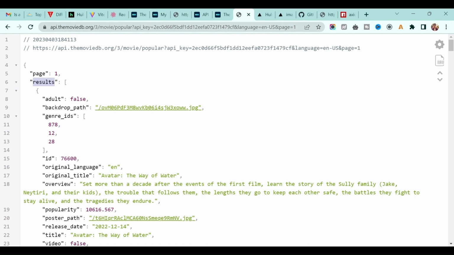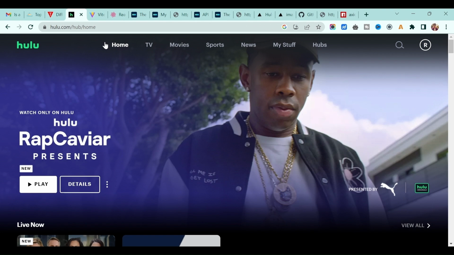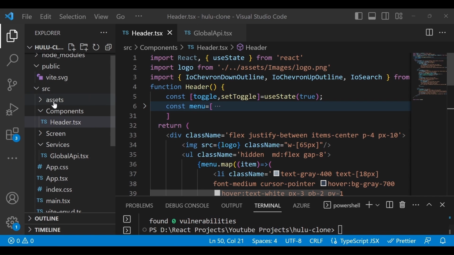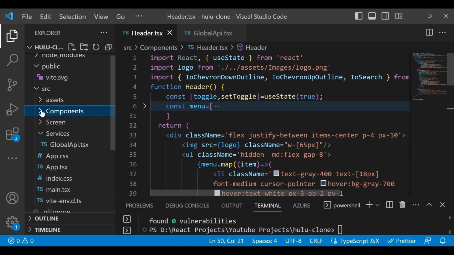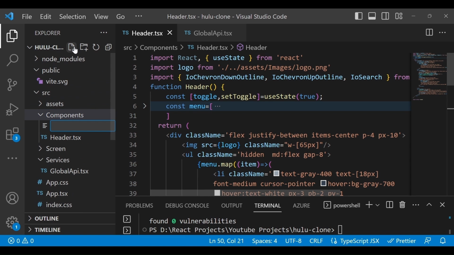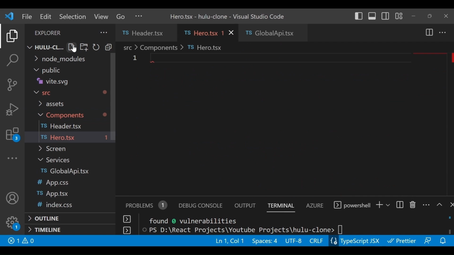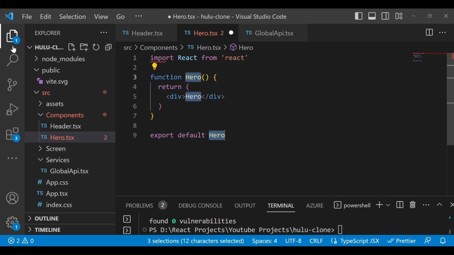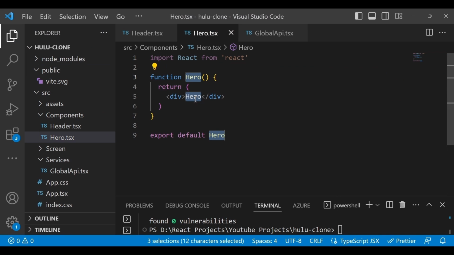Now let's create one file called hero section where we will display this section. So let's go back to our VS Code, and in the components we'll create one file called hero.tsx, and we will add the default template. Now we have the hero section, right?